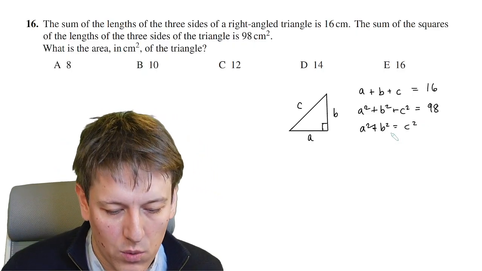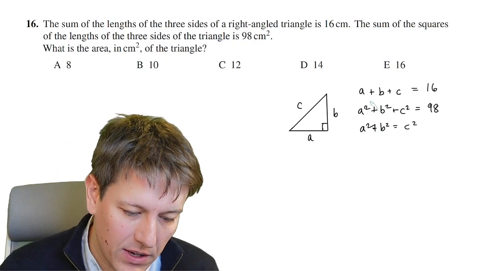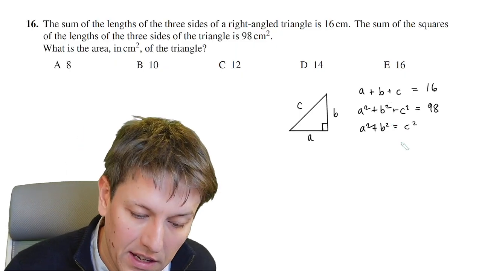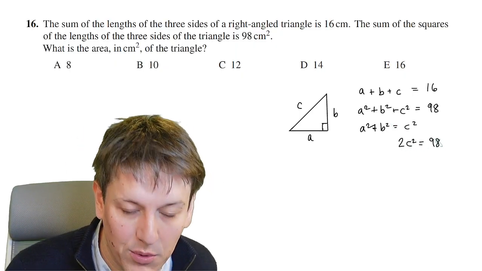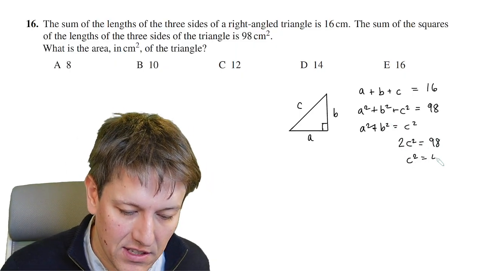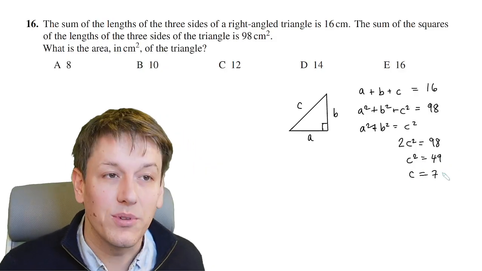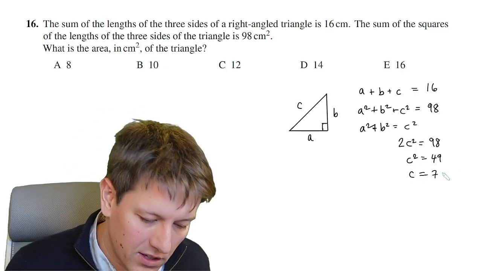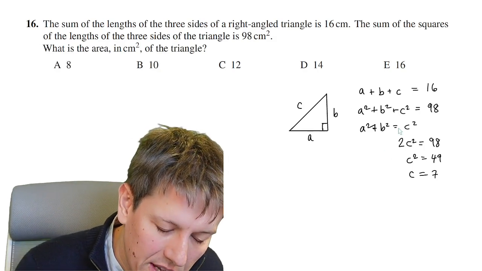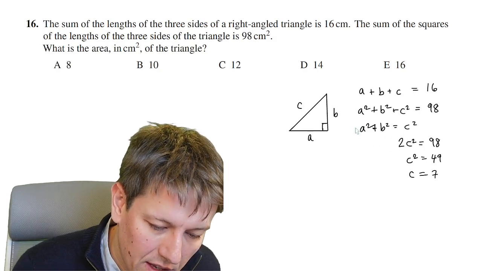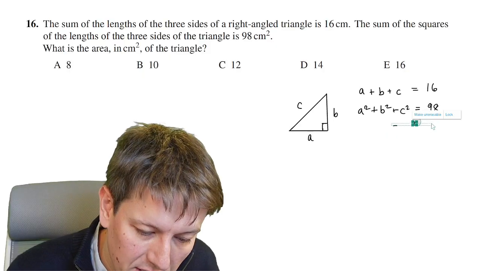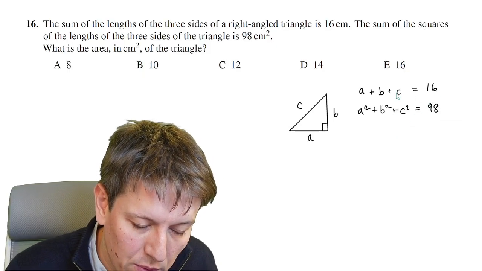Okay, so we actually could replace the A squared plus B squared in this equation with another C squared, and then we would get that 2C squared is equal to 98, and so that gives us C squared equals 49, which of course means that C is equal to 7. So I could go back then at that point to these equations that we started with